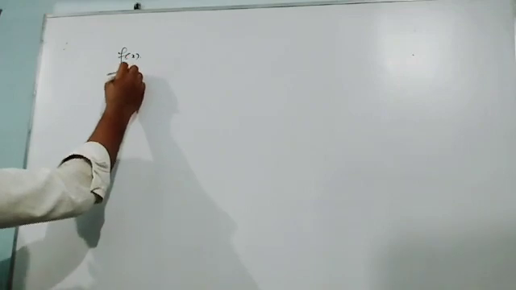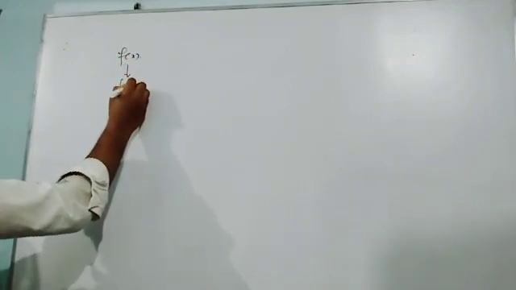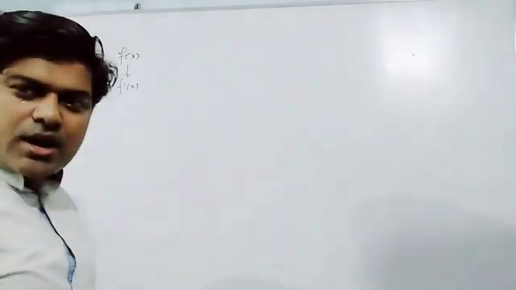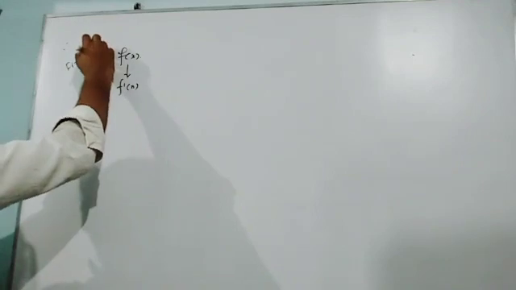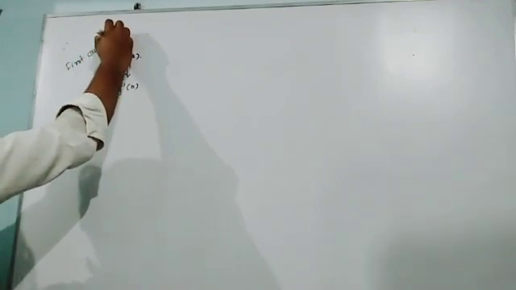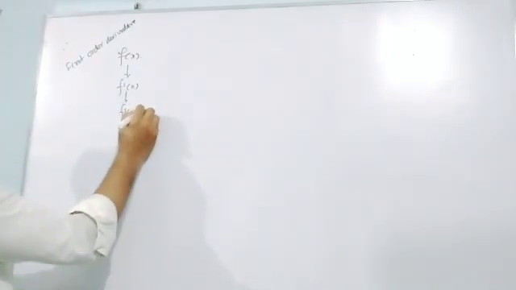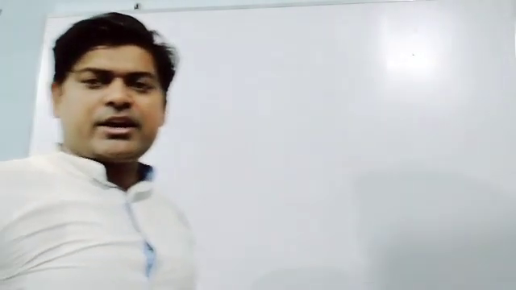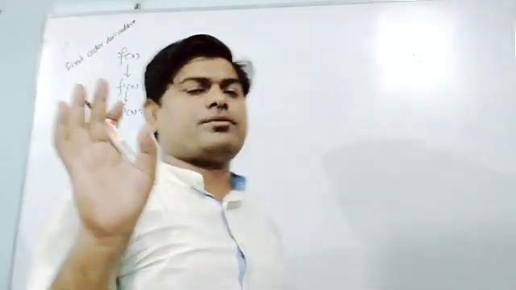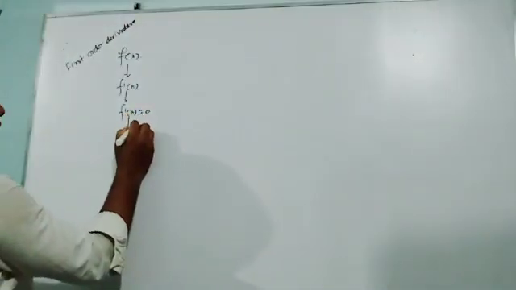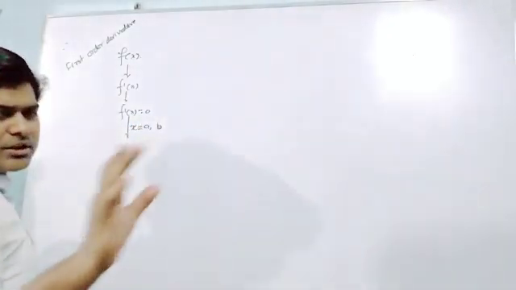The first step: if some function is there, we try to find f dash x. That is the first step, using the first order derivative. Need not be worried about it. Now the next step, I'll take f dash x equal to 0. When I take f dash x equal to 0, we will find some values of x. Suppose I got x is equal to a or b, whatever it is.